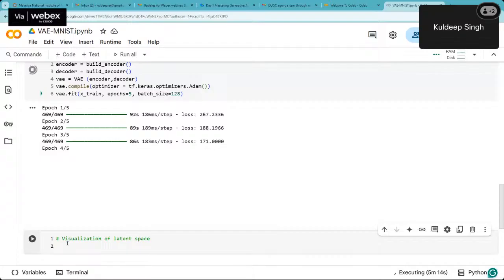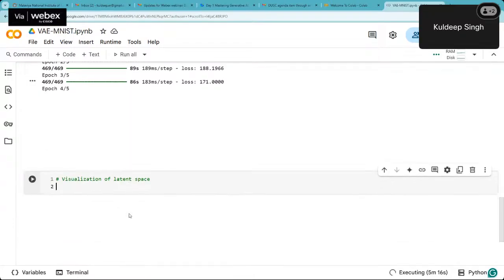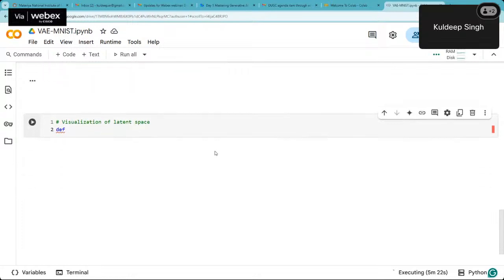Let us say this function is def, and the name of this function maybe plot latent space. And of course, we are going to pass the object VAE for the input data,